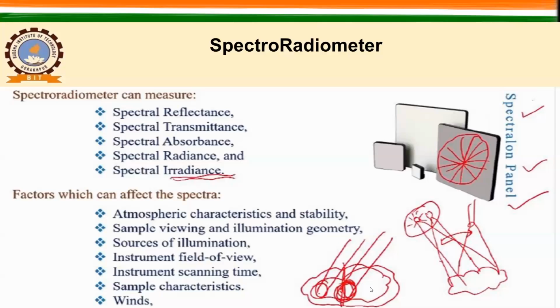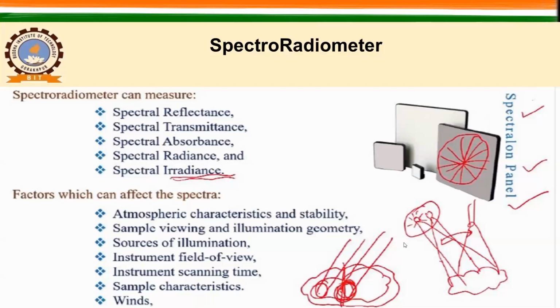Then sample characteristic, because this can severely affect your spectra. So suppose if this is your target and if you are looking from here, the information will be something different than here. Why? Because in case if you are looking for a rock type, then the composition is not uniform from here. It will be different. Here it will be different. So there will be minor changes and that could influence your spectra. So you may get different spectral signature for a given target when you change the position of the apposition, right? So this is we call field of view, that sample falling within the field of view.